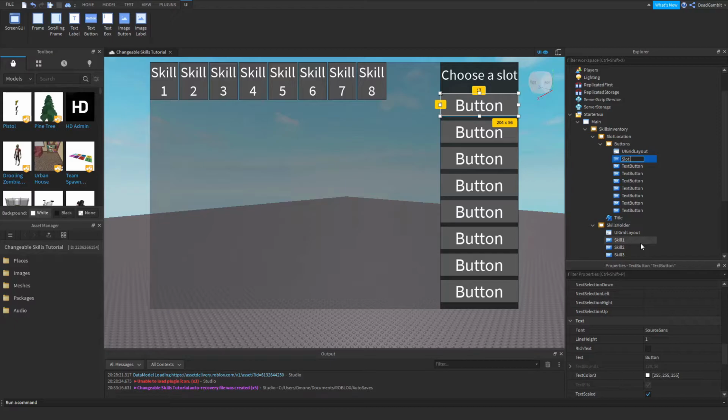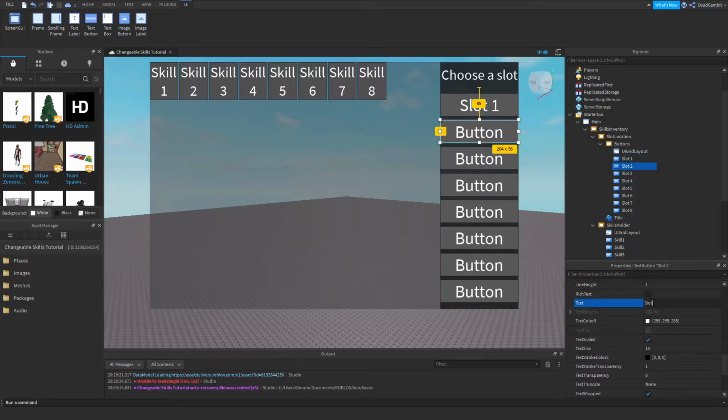Actually, we're going to name these slot 1. Slot 2. Slot 3. Slot 4. Slot 5. Slot 6. Slot 7. Slot 8. And then we're going to name it slot 1, slot 2. Actually,